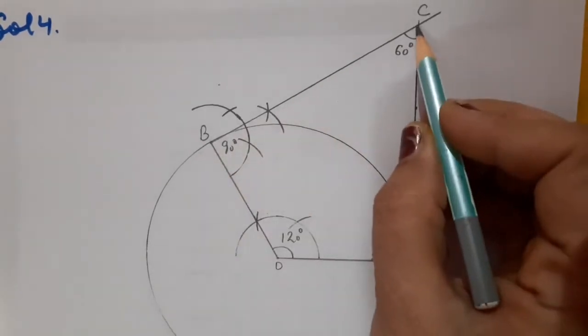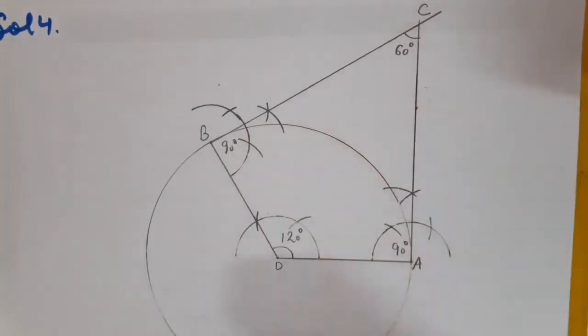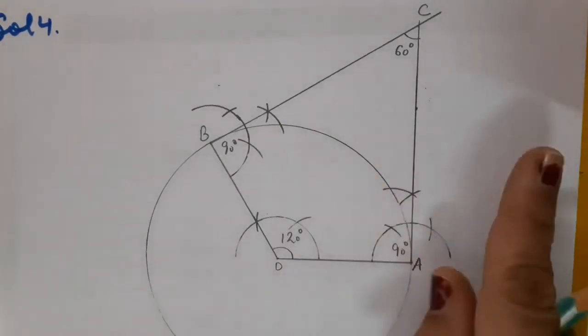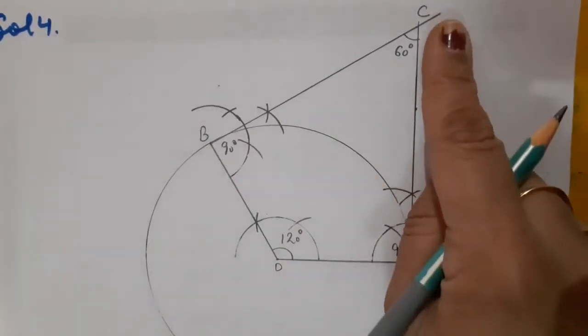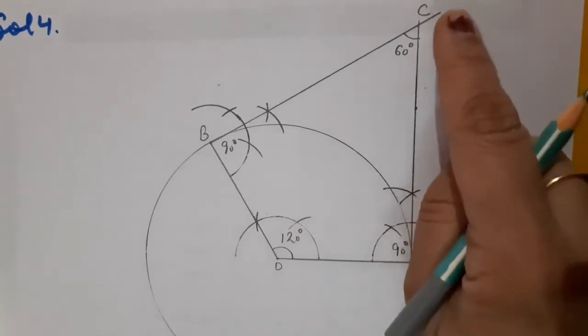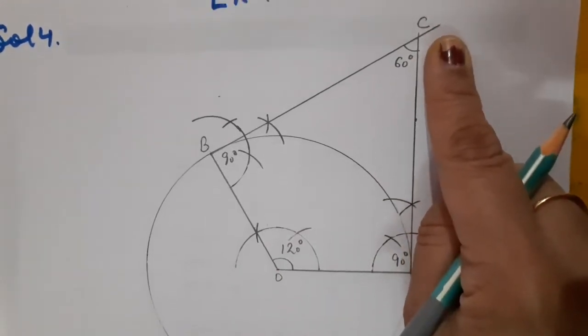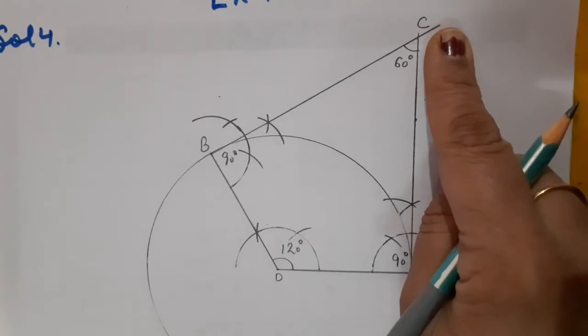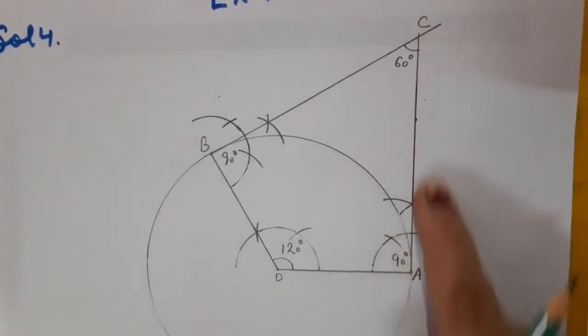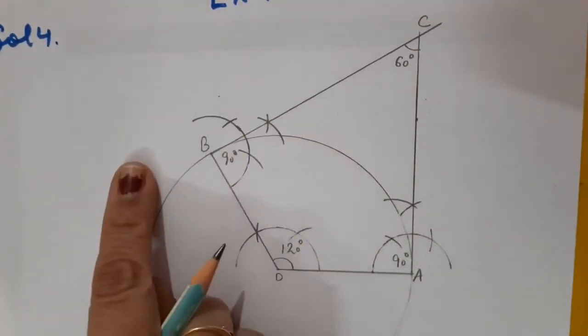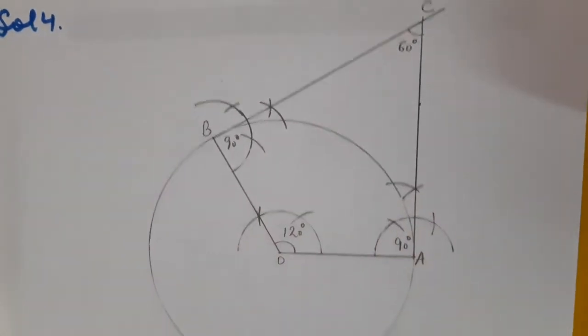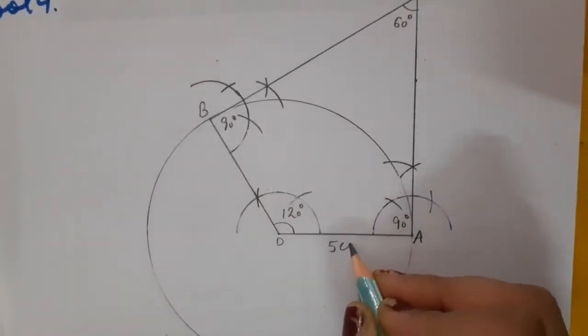This is external point C. Is it given the point external? Let me check once. No, there is no point given. So I have considered it at point C. So this is external point. Okay. From point C, what I have done? I have just drawn two tangents, that is CA as well as CB, to this circle of radius 5 centimeters.